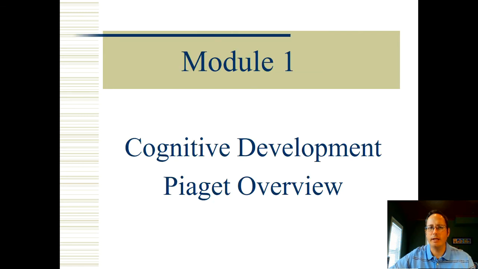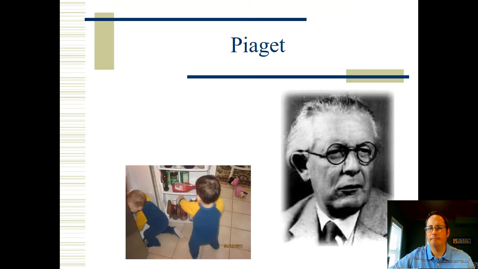The first one is going to be a kind of overview of cognitive development and a reintroduction of Piaget. Piaget should sound fairly familiar to you because we went over him in Chapter 2. If you remember, I said that was the most important chapter because we were going to get a preview of some of the other theorists, and Piaget was one of those. So let's go ahead and launch into that.